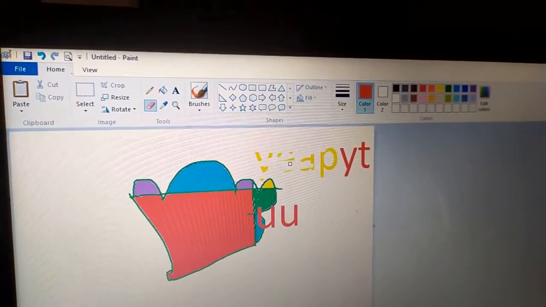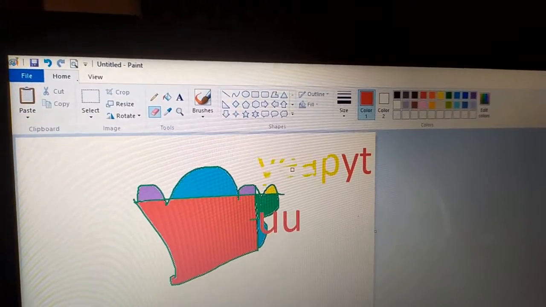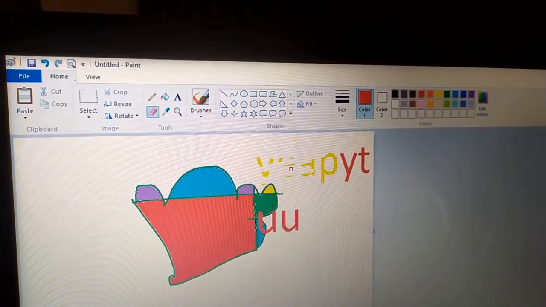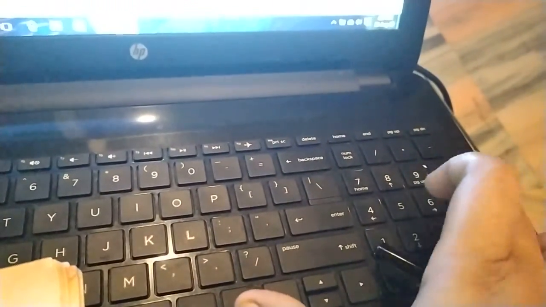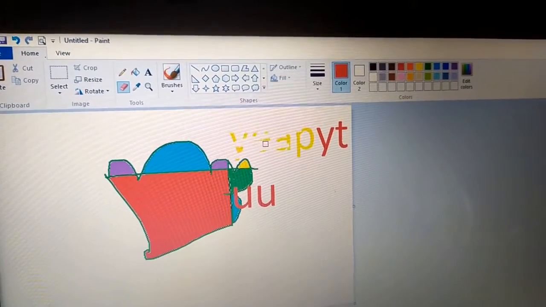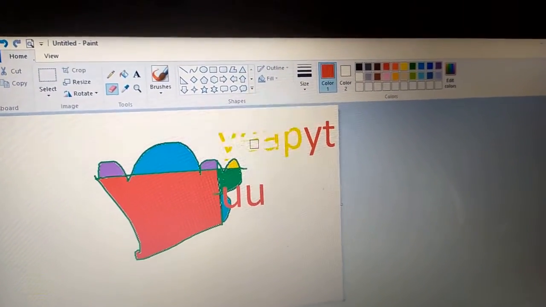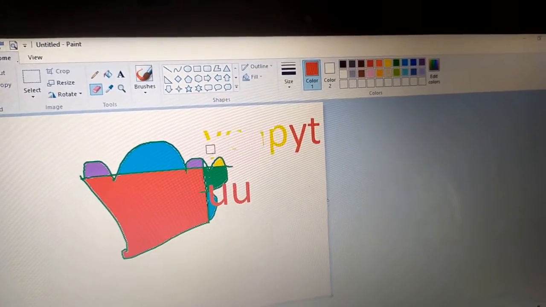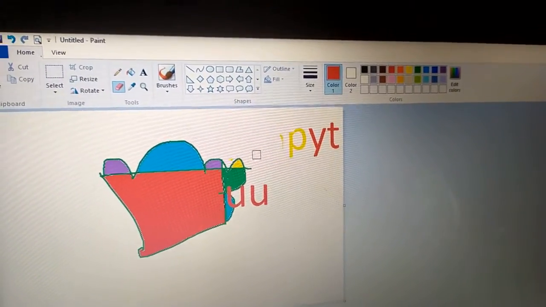To make the eraser size bigger, use the Ctrl plus sign. Ctrl and plus together, if we press, the eraser size will be bigger and we can use it nicely to erase our part of the image.